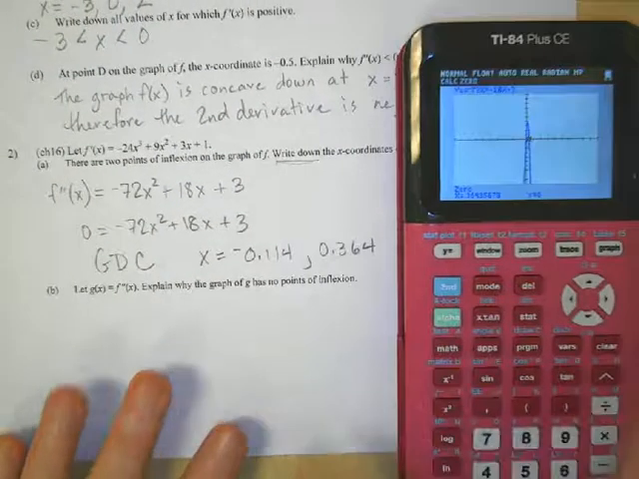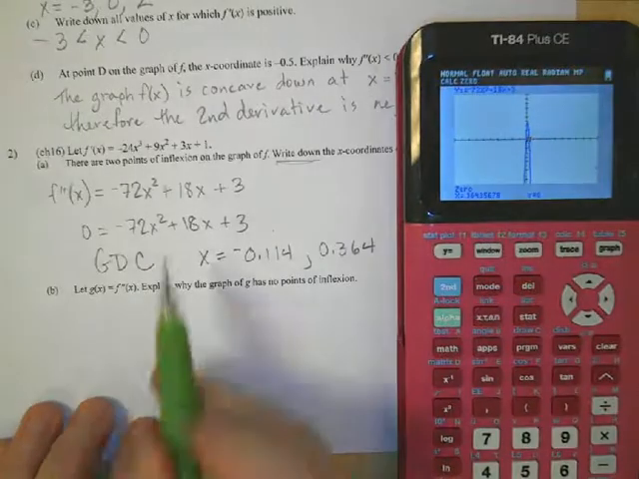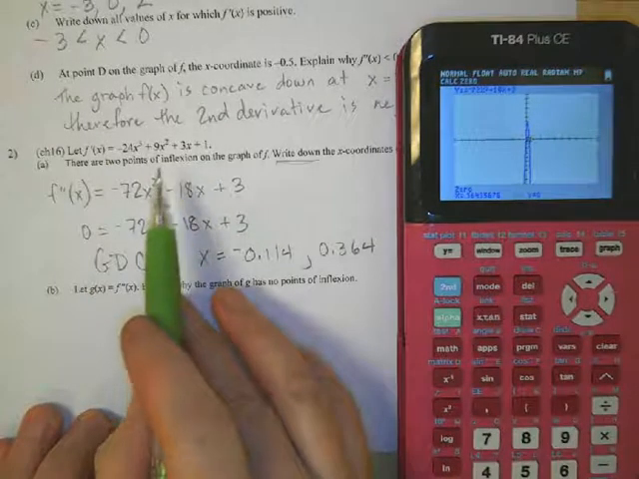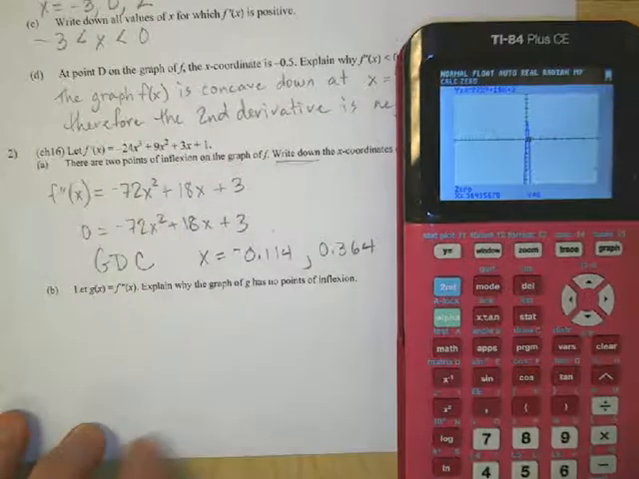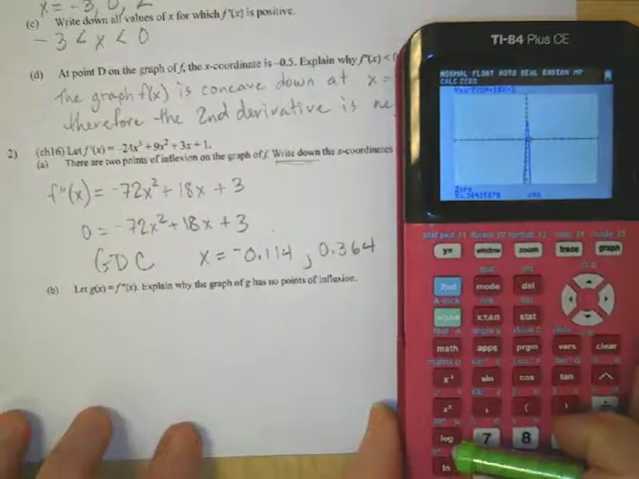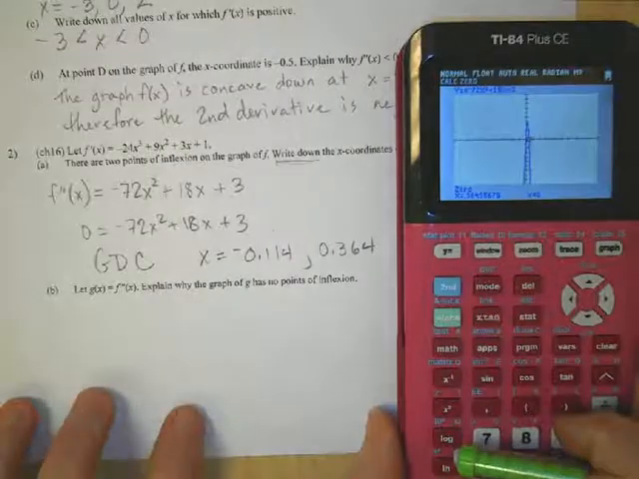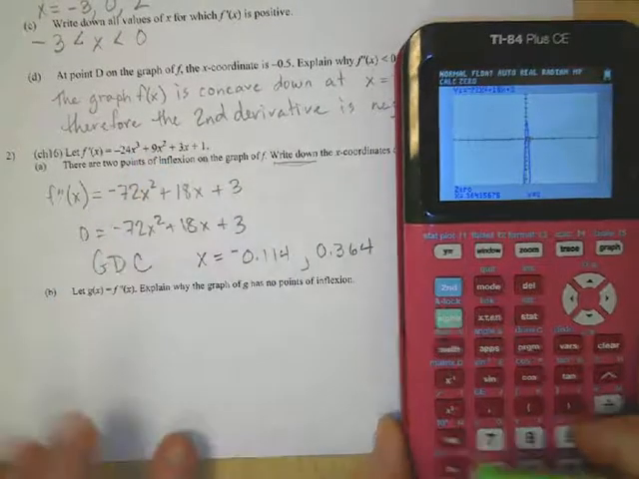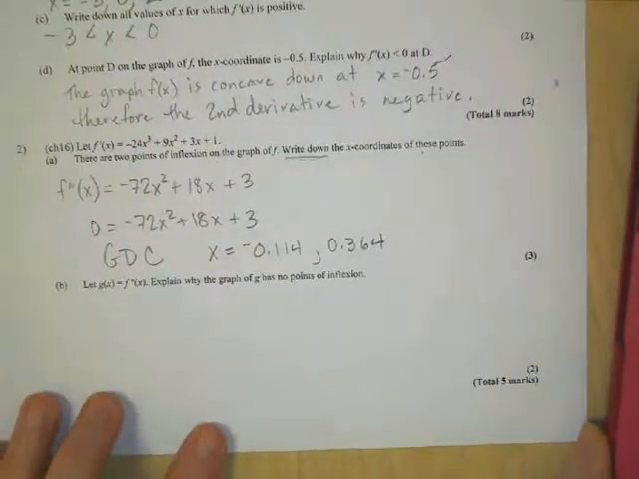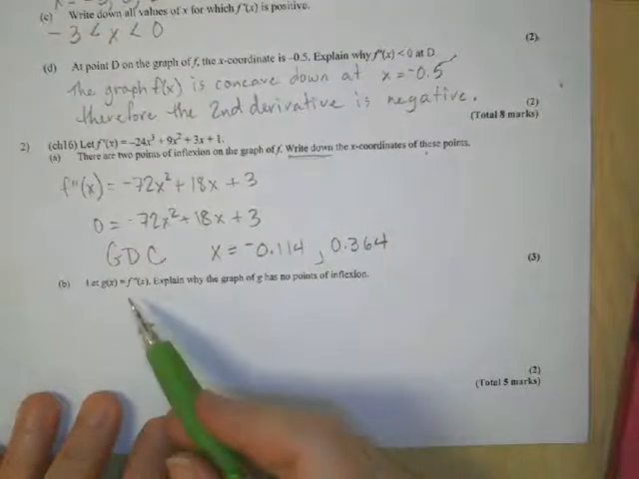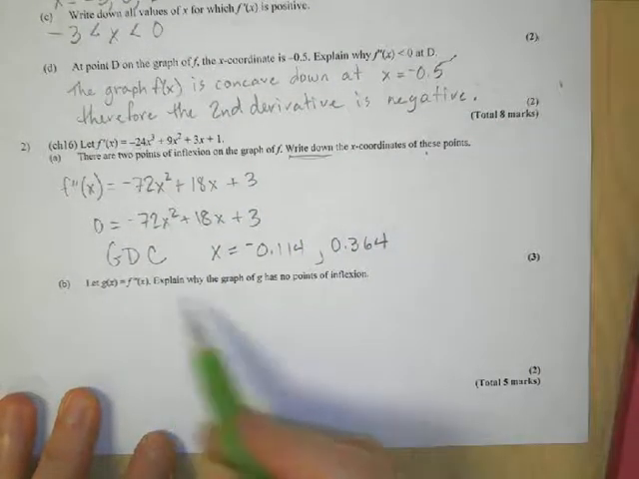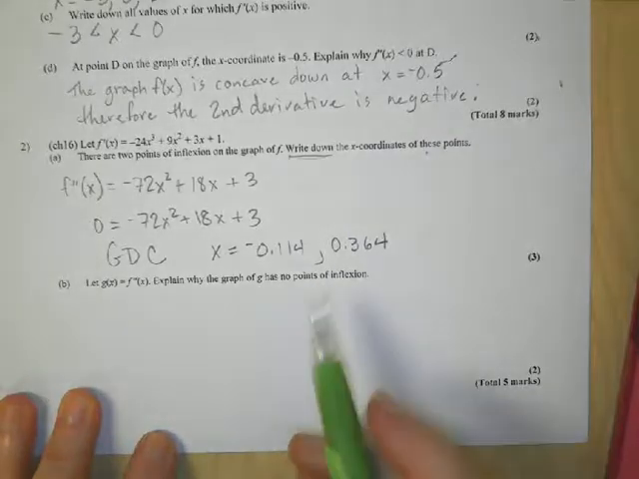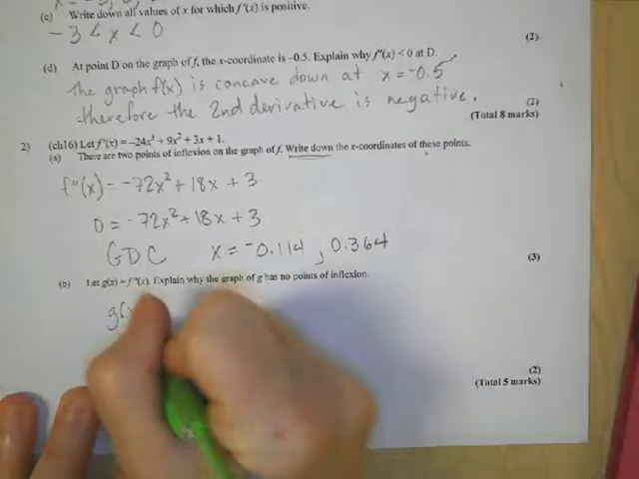Okay, so notice we don't have the original function, so I wouldn't be able to really put this in. I mean, I could integrate it, I suppose, to try and figure out the original function, but never mind. We don't need to do that right here. Okay, next, let g of x equal the second derivative. Okay, I got my second derivative. Explain why the graph of g has no points of inflection. Okay, so if g of x is equal to this,